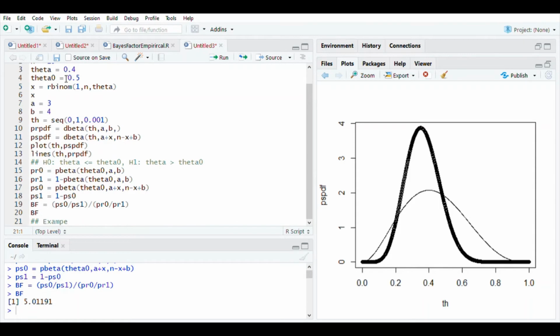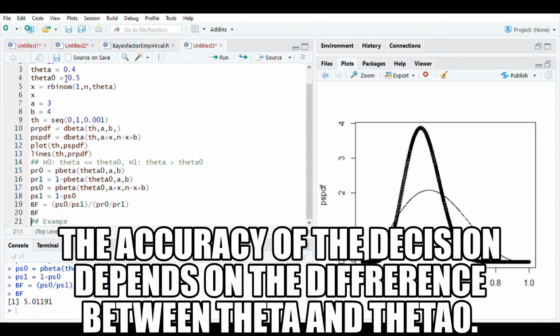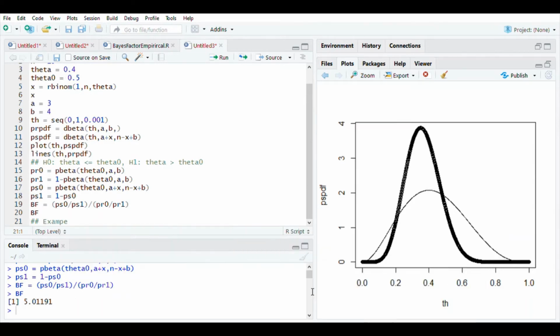So see the change in Bayes factor. You are still rejecting if you follow the condition of 3 to 6. You are still rejecting the H naught, but not strongly, right? If it is greater than 6, you are not going to reject H naught, but it is near to 6, so you can say you are rejecting, but not strongly, mild rejection. So you can simply say that the user may decide to accept H naught in such cases.